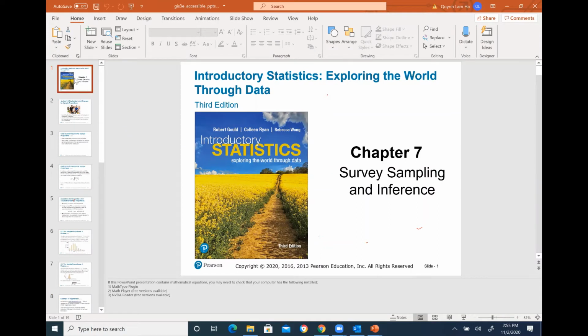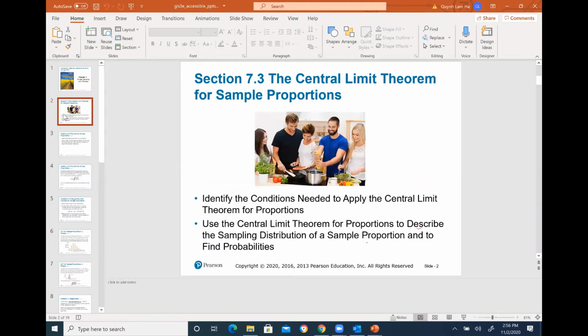Okay, so I'm having 7.3. 7.3, we're talking about the central limit theorem for sample proportion. Sample proportion, we're talking about p hat, like we did talk about in 7.2. So now we call this theorem, whatever you have learned from 7.1 and 7.2 will support this section. Identify conditions needed to apply the central limit theorem for proportions. And we're using the central limit theorem for proportion to describe the sampling distribution of the sample proportion and to find